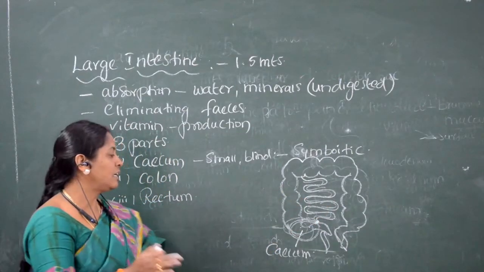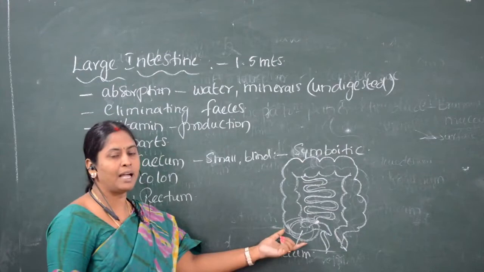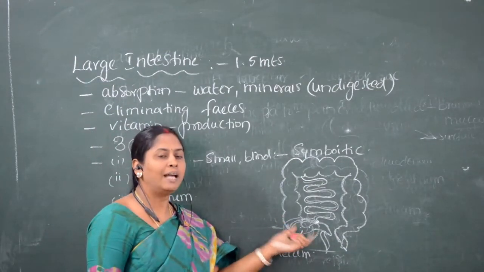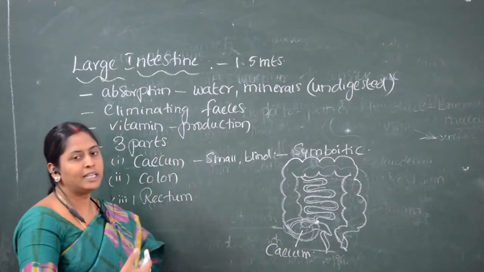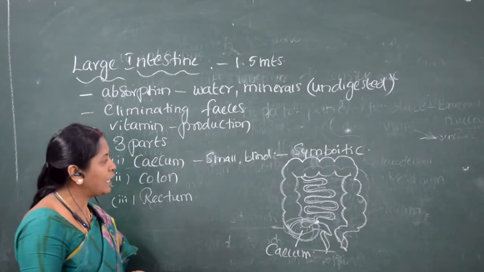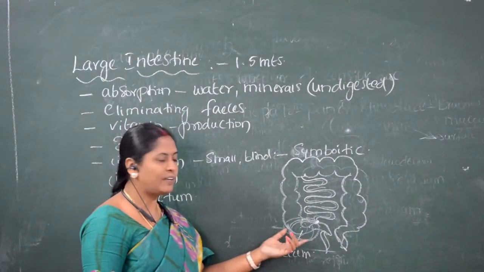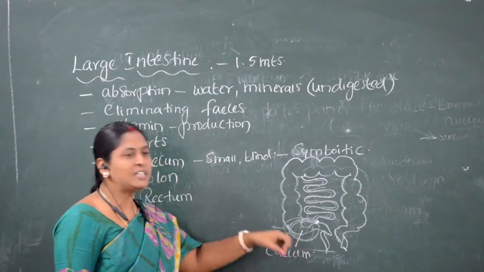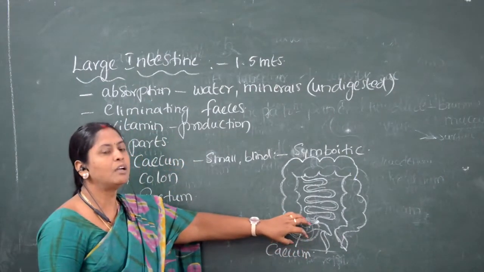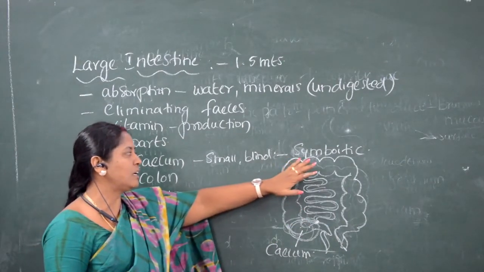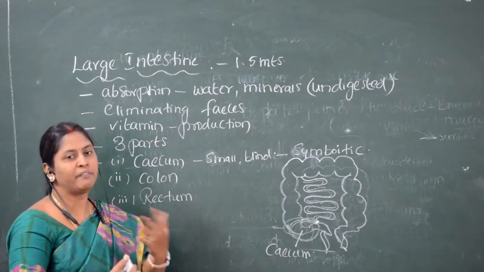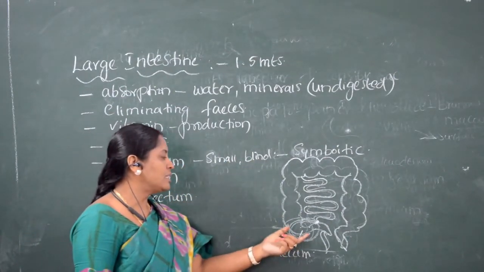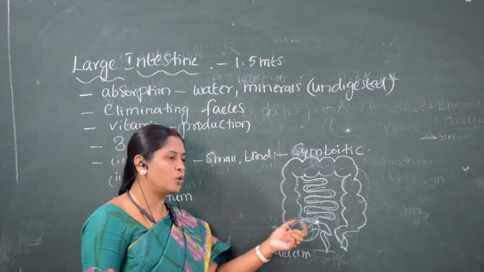So which is the answer here? Cecum. The cecum has the symbiotic microorganisms which help in the digestion of food material. They help the organism by releasing vitamins, and they benefit by absorbing the food materials. Such bacteria are called symbionts, a mutual benefit. Yes, the cecum is a small blind sac where symbiotic microorganisms are hosted.